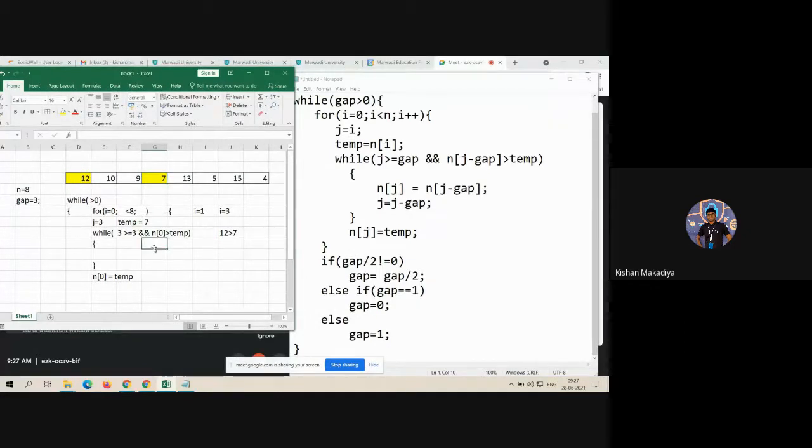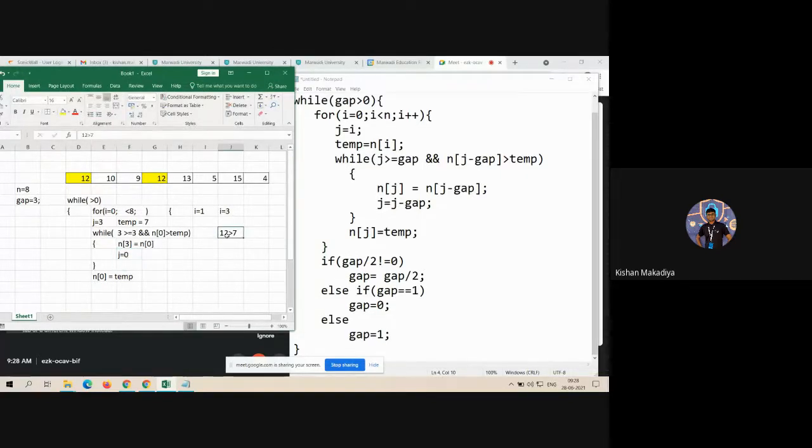Okay, condition true, then just simply go through the code. N of j is equal to, that means n of 3 is equal to n of j minus gap, means n of 0. You are just writing here 12. J is equal to j minus gap. So now j is equal to 3 minus 3, that's 0.